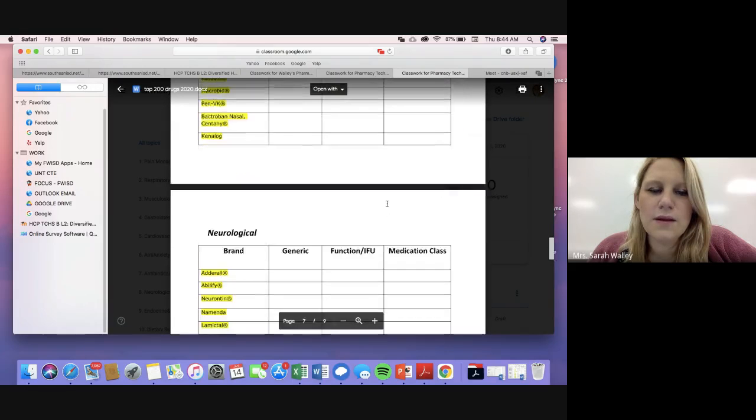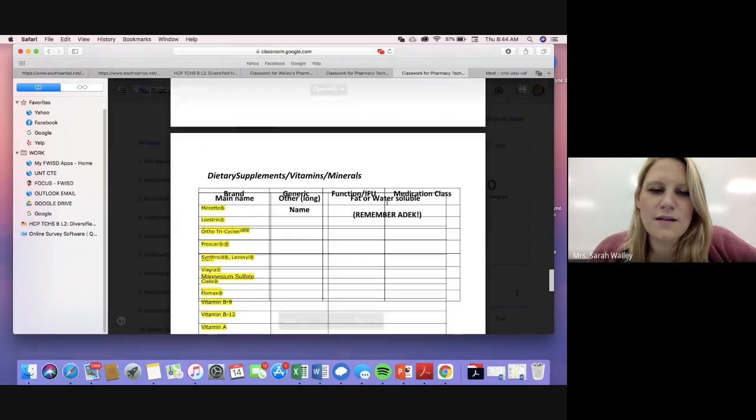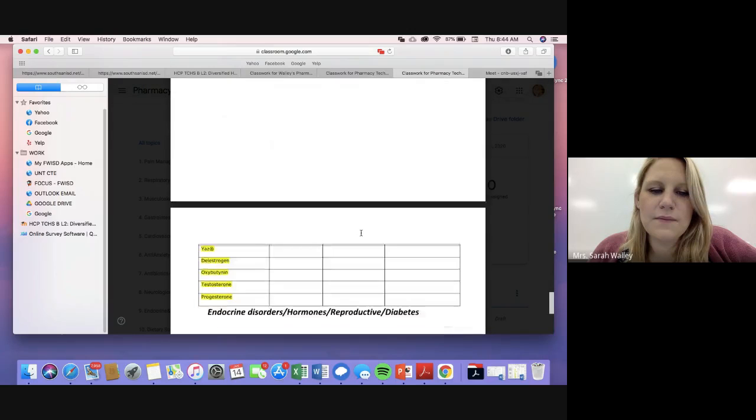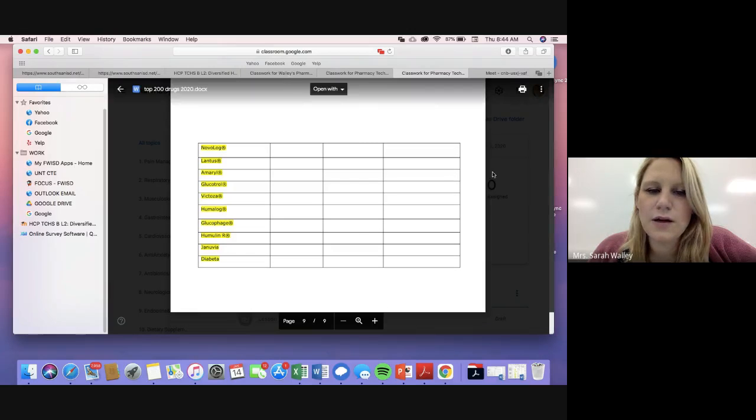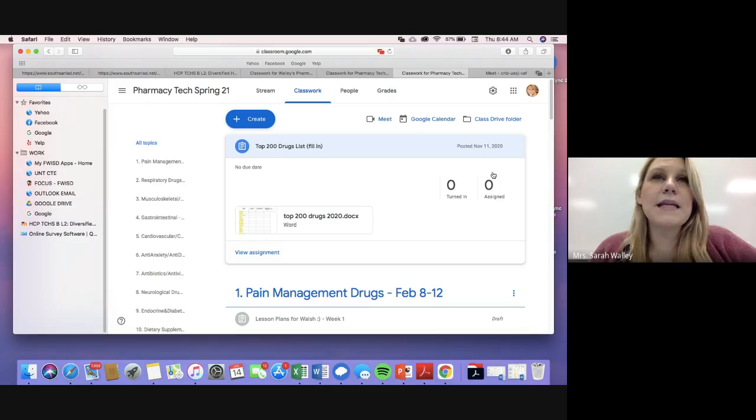But it doesn't look like this when you open it. It's got a few messed up areas, but that is your top 200 drug list. I've updated this for the 2020-2021 year. These are drugs that some of them are over the counter, some are prescription, and most of them are